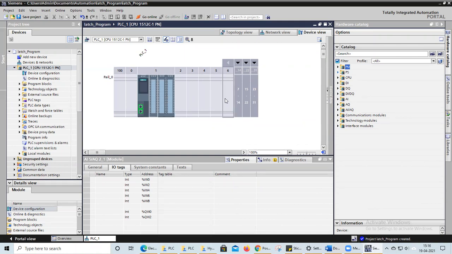Based upon our application, we will go for other modules. For example, in traffic light application, we want 32 digital inputs we required. In our case, we are having only 16. Means we can add one more digital input module. For example, for some persons, output modules are more important. For that persons will add digital output modules.